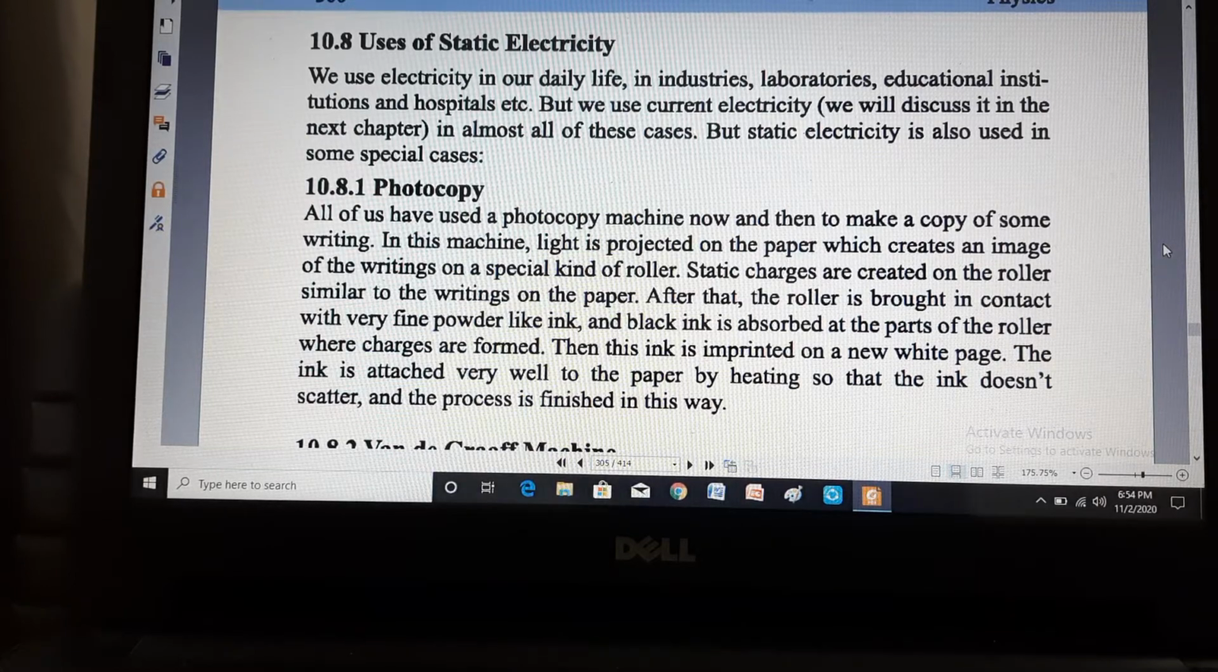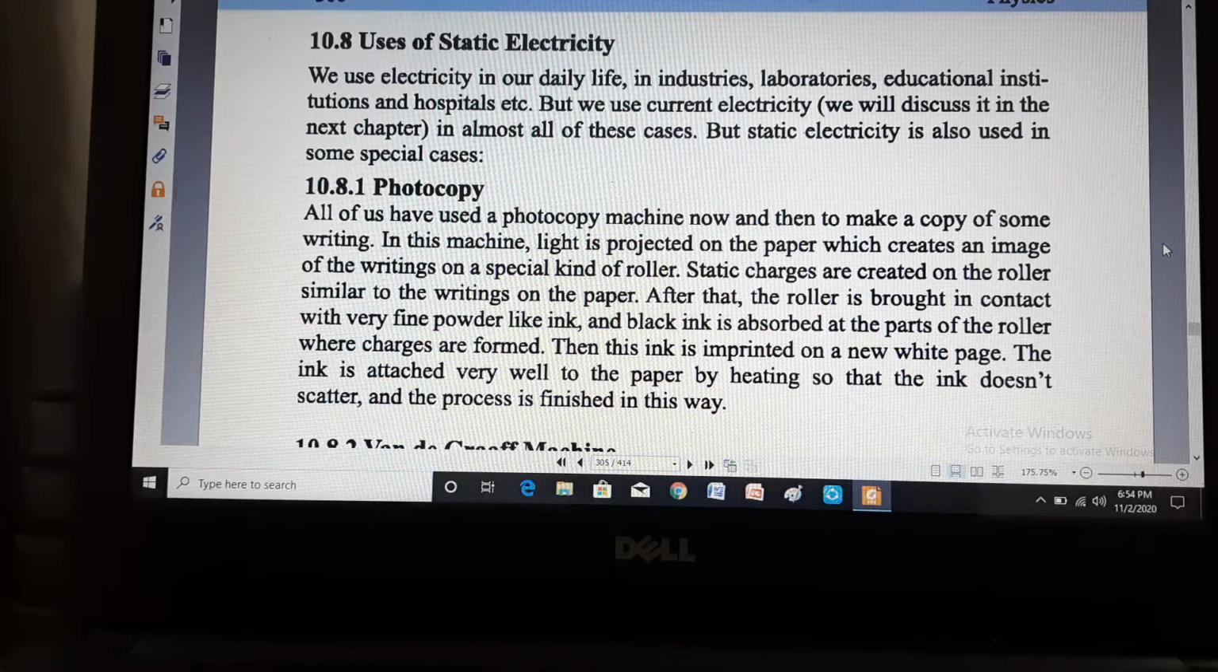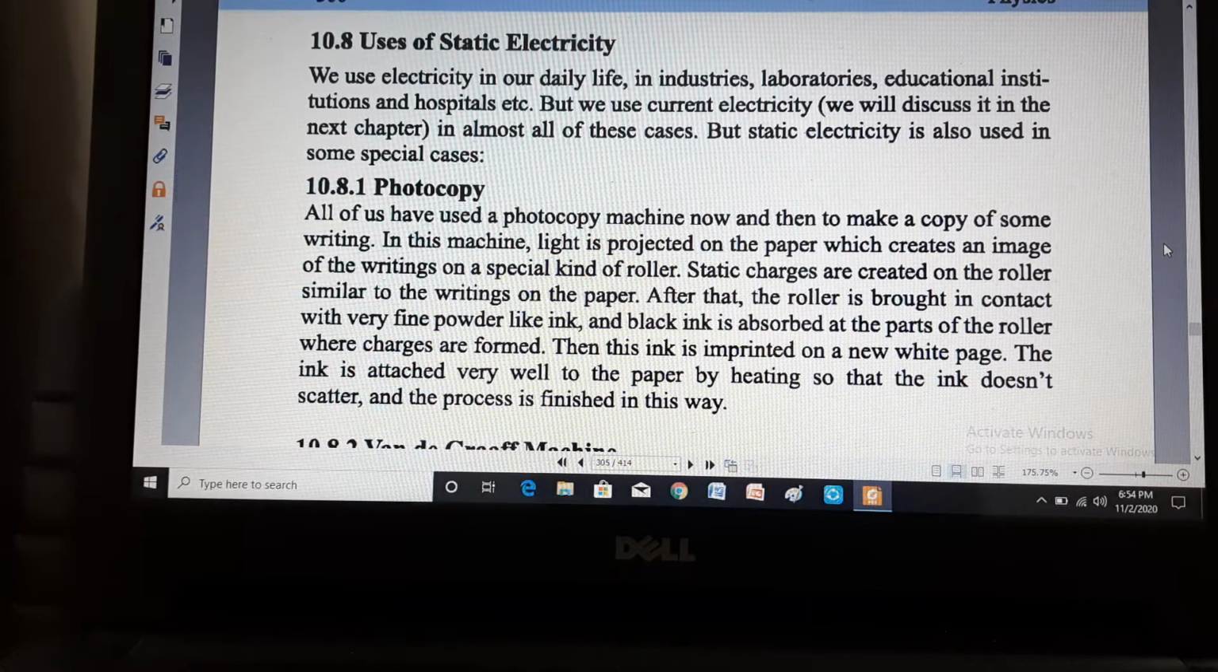So, my dear boys, today's topic is uses of static electricity. Number one is photocopy. We are very familiar with the word photocopy. In our day to day life, we have to do lots of photocopying, and the photocopy machine uses